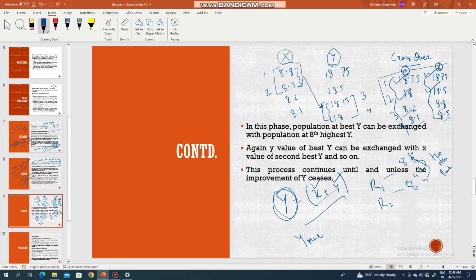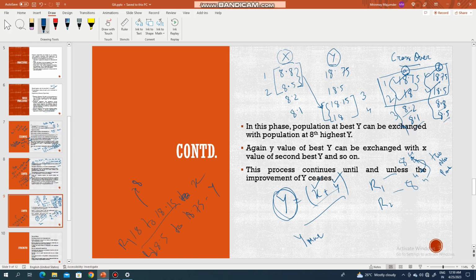So these two are the best solutions or best fit solutions, and the range I was talking about will be between these two. That means for x it will be 18 to 18.15, for y it will be 18.5 to 18.75. So the new numbers will be generated from 18 to 18.15 for x, and 18.5 to 18.75 for y. Okay, so from this range, that will be R1 and R2,